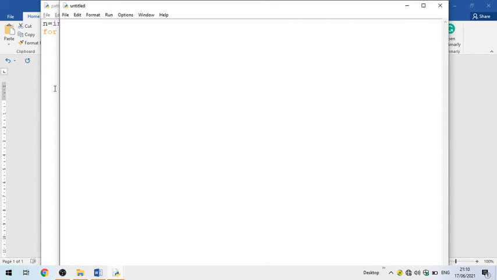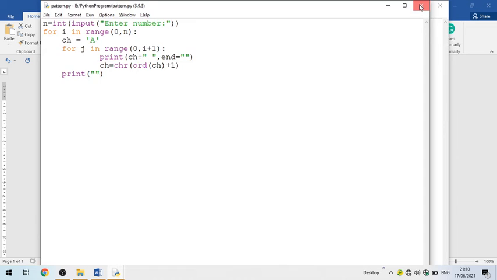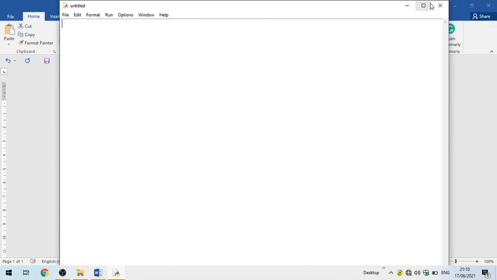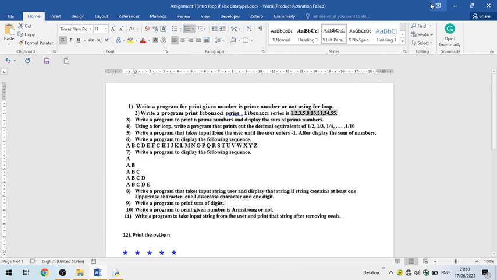I will close the first file and also close the output screen. So I will close the output screen. Now my third program is, where is the file? This is the file. Third program is